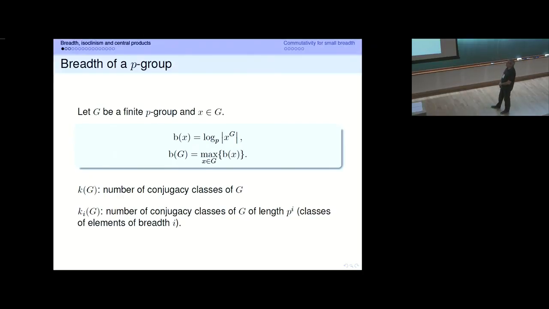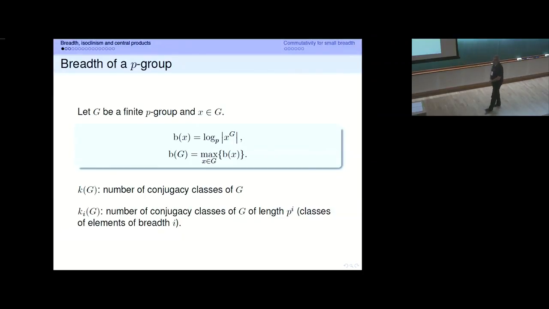Now, the first sentence tells you that I'm going to think about p-groups, and mainly p-groups of odd order, although this is not needed here. Of course, the definition of breadth and all the definitions that will come later can be given in a much wider generality. But, I mean, this is a talk, it's not a paper. So for clarity, I will take the fact that G is a finite p-group as a sort of blanket assumption, in spite of the fact that you can generalize.